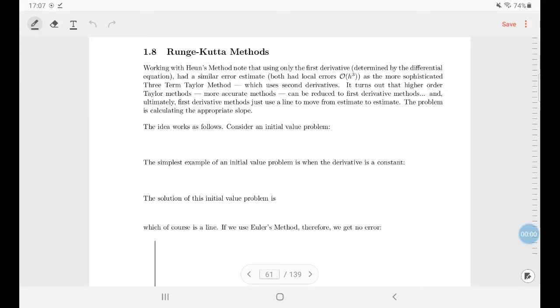So what have we got here? We're going to look at, this is more the state of the art. So for example, if you buy mathematical software that does numerical approximation of solutions of differential equations, it probably uses Runge Kutta. So working with Heun's method, note that using only the first derivative, because remember what Heun does is